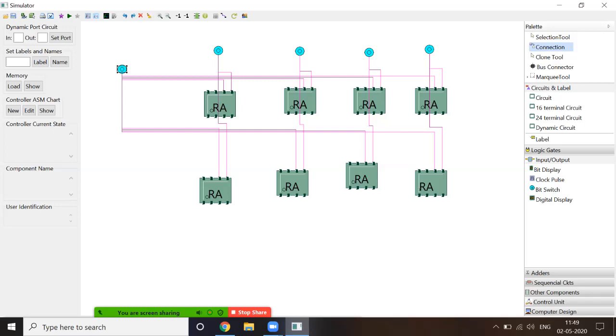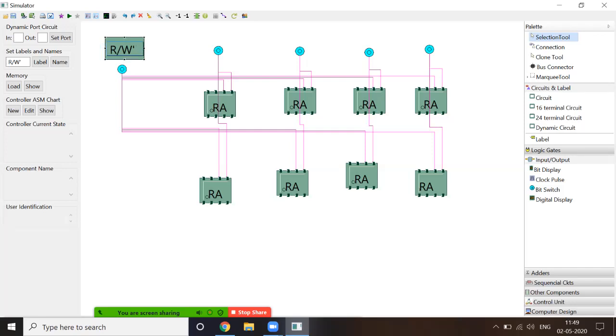Now, how can you set a label? Go to the circuits and label section. At the end, you will find this label. Click here and just drag and drop. If you want to maximize, you can drag and drop. So there is a name field, and give some name over here, that is, this is R/W bar. Click on the label button. So now this will be edited to R/W bar. In this manner you can give names to the inputs and outputs. So now this is created.